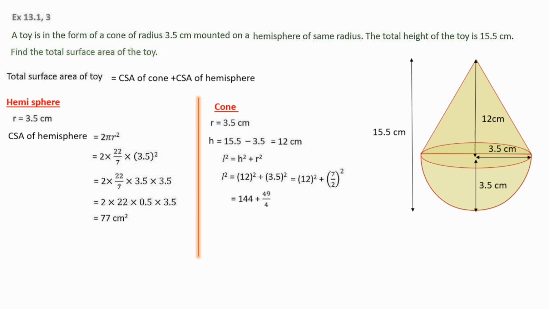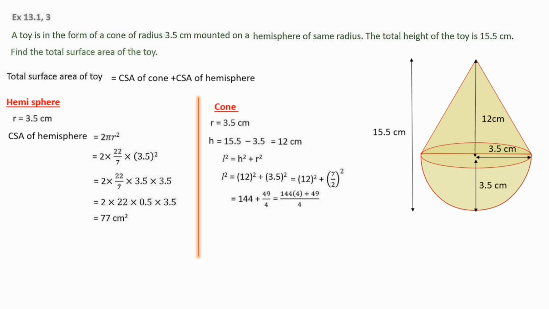It's not a problem. So that is equal to 12 square is 144 plus 7 square is 49 and 2 square is 4. So 144 plus 49 by 4 we will get. That is equal to, just take 4 as common LCM. So 4, if you take LCM, 4 you have to multiply here. That is 144 into 4 plus 49 divided by the common LCM is 4.